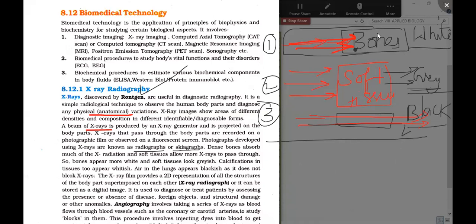Then the next one, the 2D images. We need to see what a 2D image is, and in what way we call it a 2D image. X-ray is said to be a 2D image. Then what is a three-dimensional image that we have to go for? Generally, if I take a photograph of you, not only an X-ray, that can be called a 2D image. Okay, let me show you.